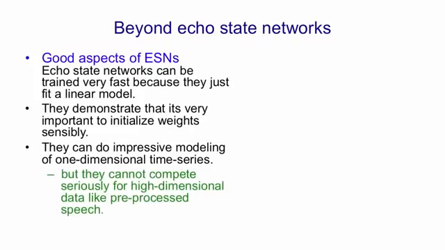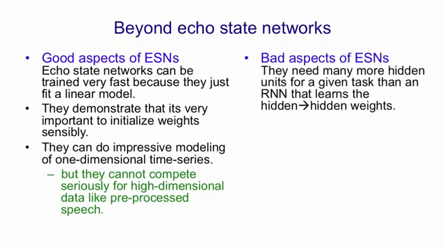What they're not so good at is modelling high-dimensional data, like frames of acoustic coefficients or frames of video. In order to model data like that, they need many more hidden units than a recurrent neural network where you train